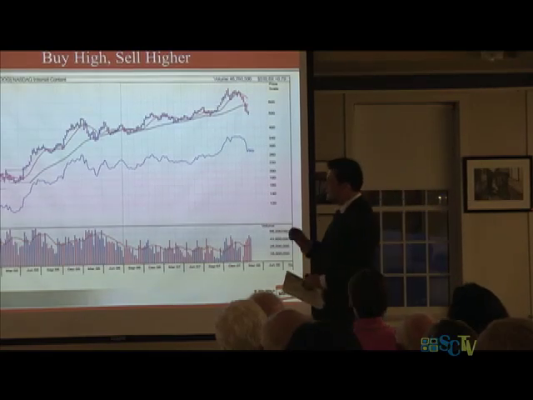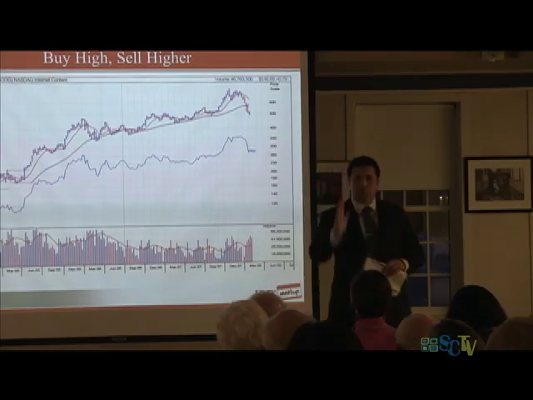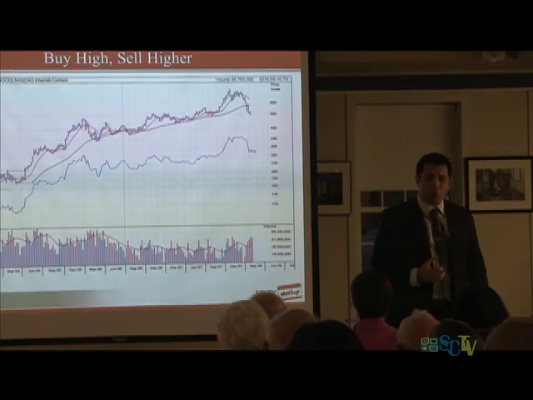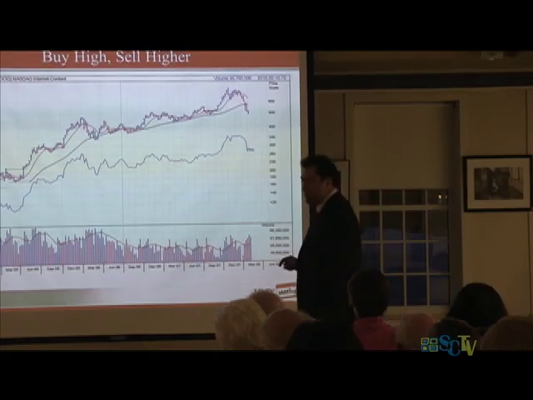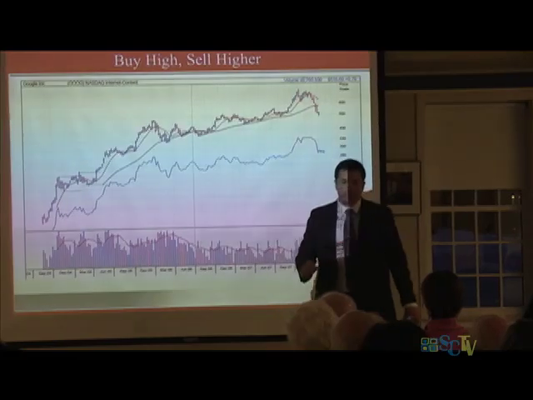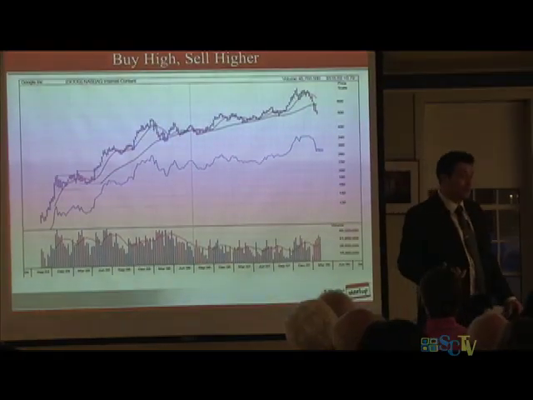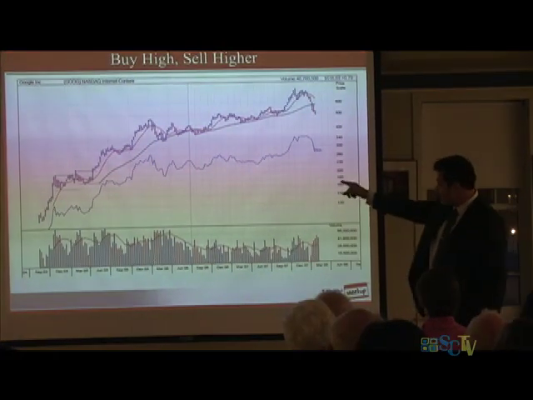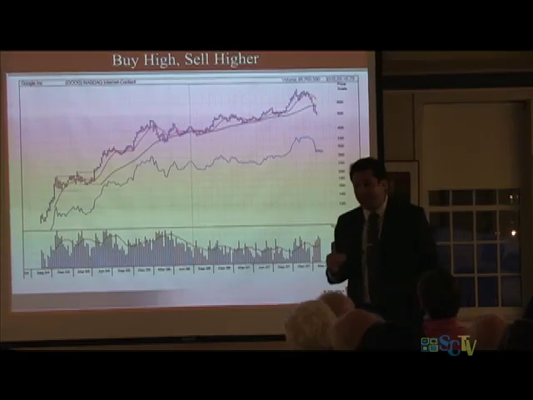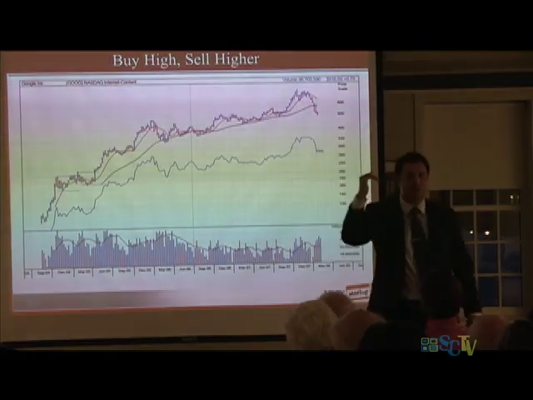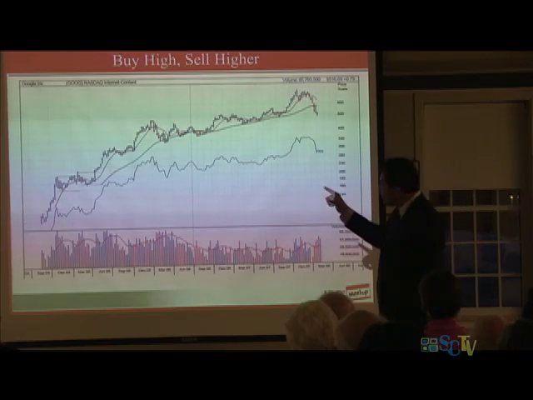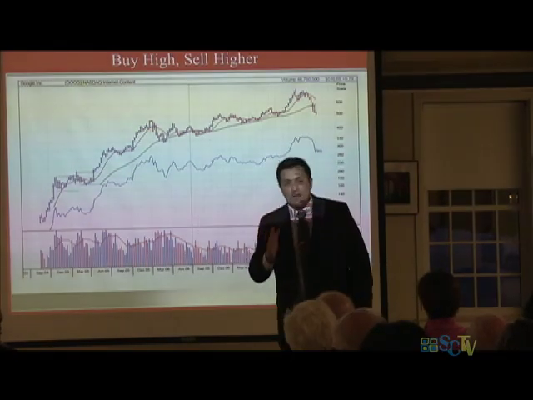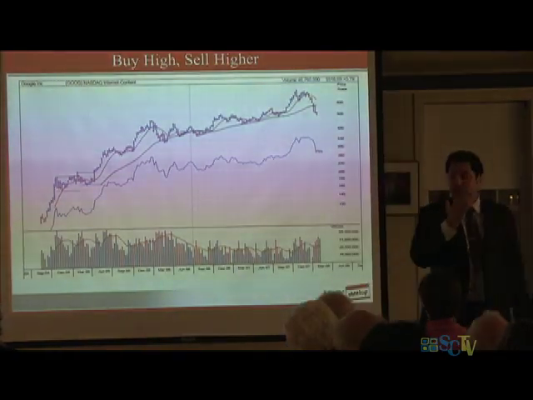We want to wait until the stock goes through that resistance before we buy it. We want it to prove to us that it has the ability to break through that resistance, because it may not. You might buy it just short of that resistance area and find that it just can't break above it. So that's why you want confirmation, and why you want to wait until a stock breaks through resistance before we buy it.